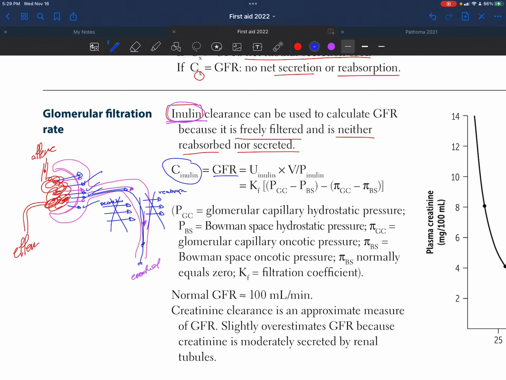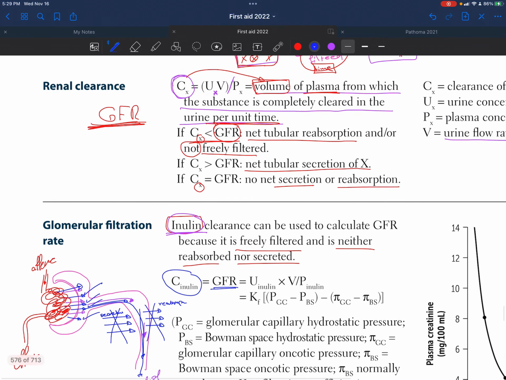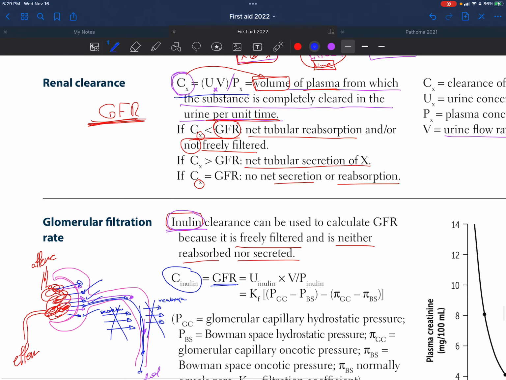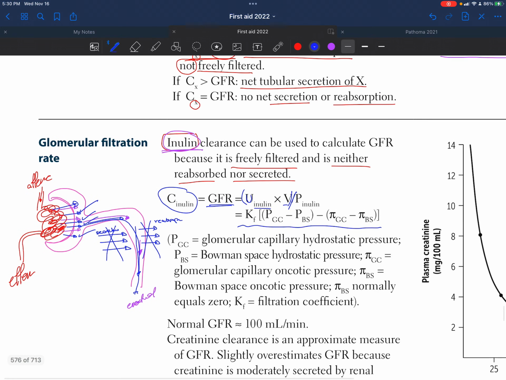So the clearance of inulin equals the GFR of that kidney, using the same equation: the urinary concentration of inulin times the urine flow rate, all divided by the plasma concentration of inulin. Another way to write this equation is by using the pressure difference, or basically KF,